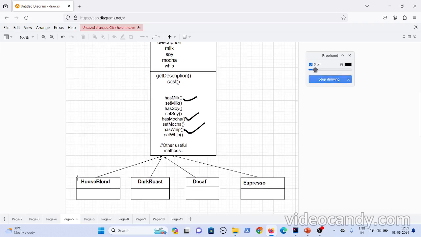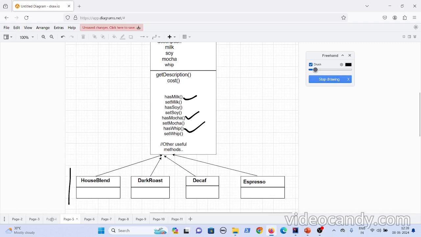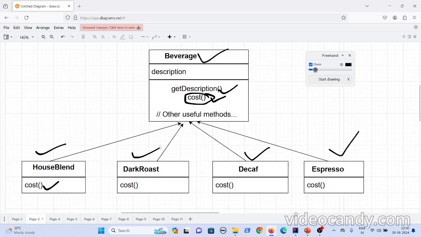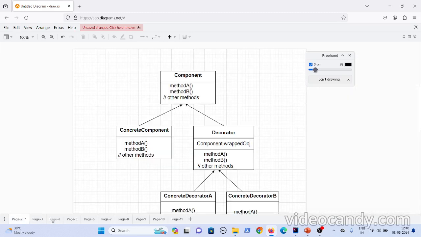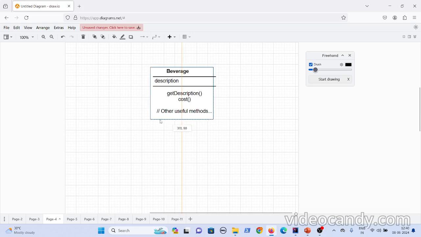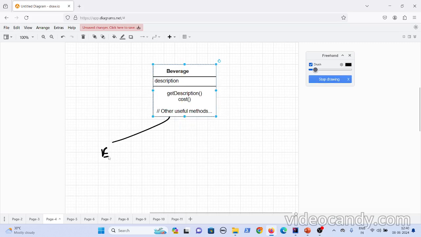So initially you have only these 4 classes, and then when toppings or these additional things are added, one thing you can do is create other classes. Let's say you have espresso, right? Espresso with soy, okay? And espresso with milk.